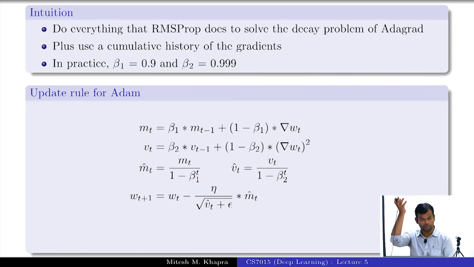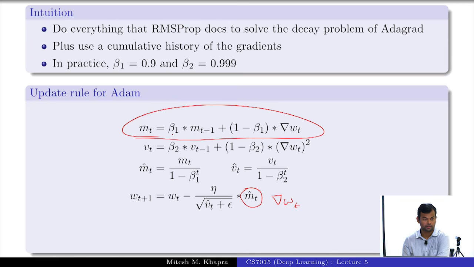How many of you expected it to be this, or at least understand that this is fine? Not many. Okay, so let me go over this. What did you expect here? In the normal gradient descent, this should have been grad WT. That means the derivative with respect to current W. Instead of that, I'm using the accumulated history. Instead of using just this quantity, I'm using the accumulated history. Does it make sense? This is the same as momentum based gradient descent.